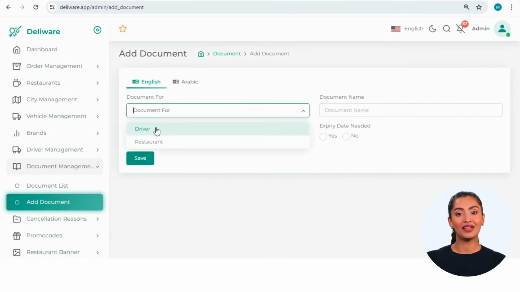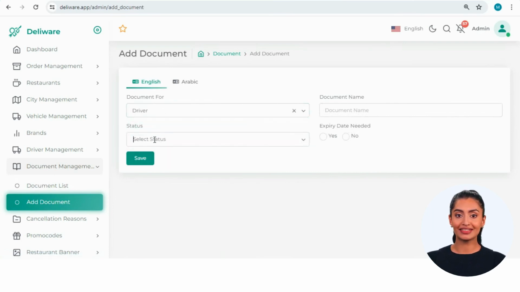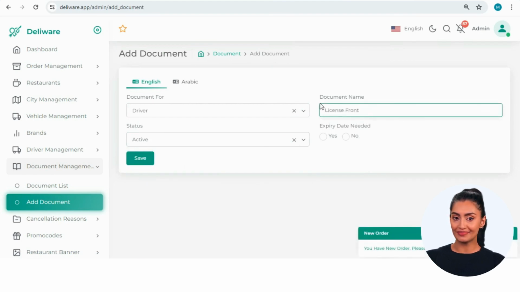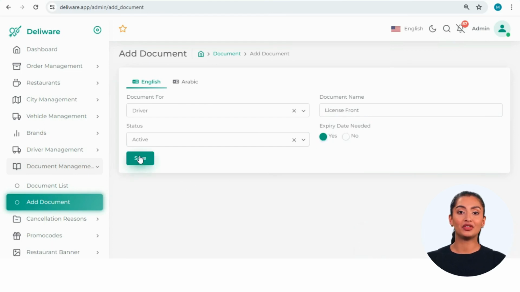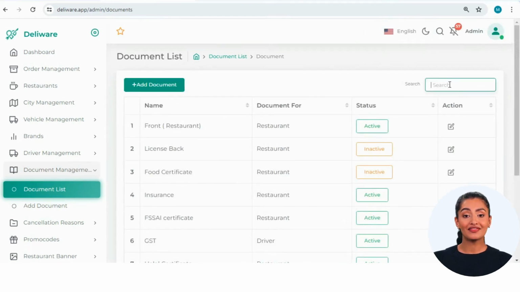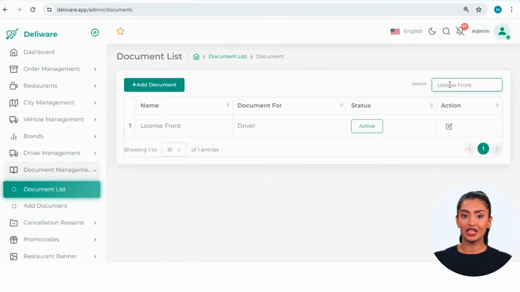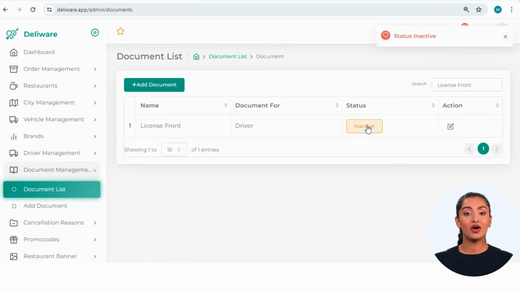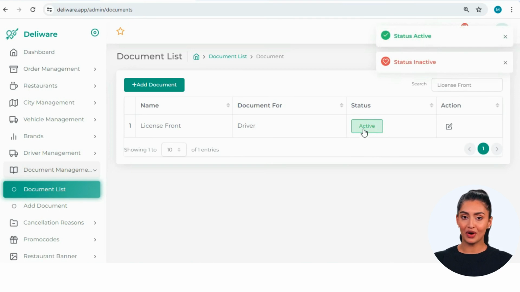Here select for whom it is created for. In that, select driver and select the status. Enter the document name. Then you have to decide whether the document should have an expiry date or not and save the document. Now the saved documents is available in the document list and document setting page. Here you can activate or inactivate the document as per the need.